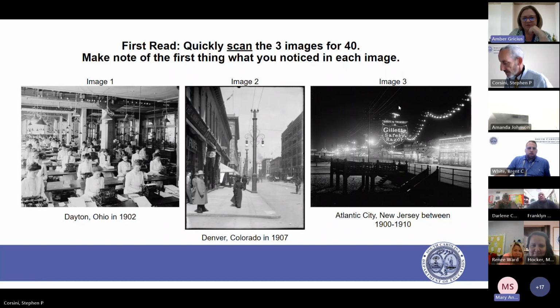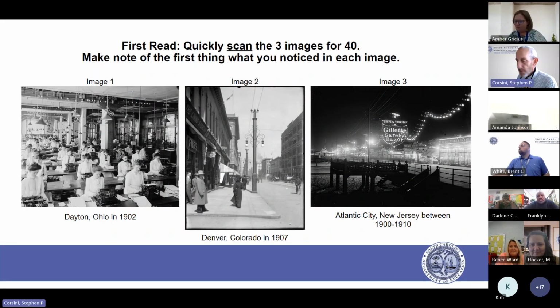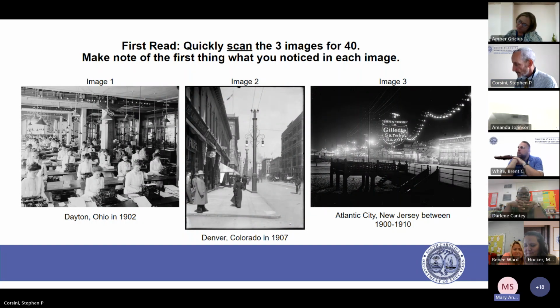All women and typewriters. Old woman and typewriters, okay. I noticed they were all in black and white. Okay. I feel like they all relate to business in some way. Okay, it's making an inference. They all kind of could relate to business. Early 1900s. Mm-hmm. Okay. And I see that there appears to be electrical lights or some kind of electrical something in all three images. Okay. So. All right. Excellent.